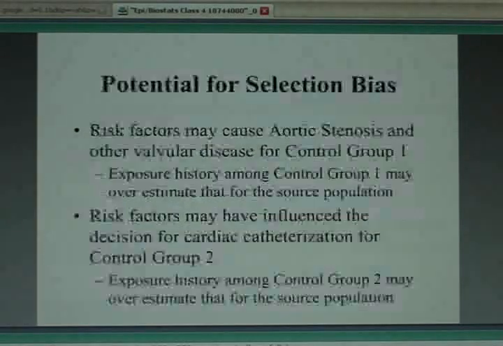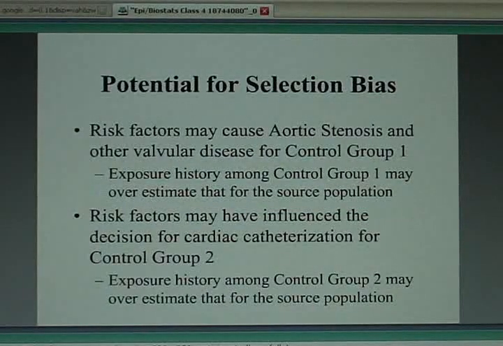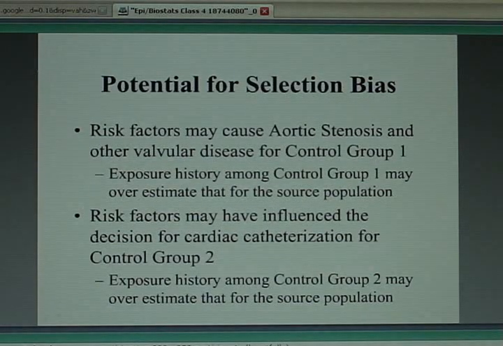My colleague didn't like control group number 1 as a control group. He was afraid that what causes aortic stenosis might also cause other types of valvular heart disease. And therefore, when I compare the smokers among my cases of aortic stenosis to the amount of smoking in control group 1, I might find no difference in the amount of smoking because maybe smoking is causing both diseases. And therefore, that tells me control group number 1 is not an appropriate control group because their exposure history might not be typical for the population at risk, they might be overestimating that amount of smoking because smoking caused their